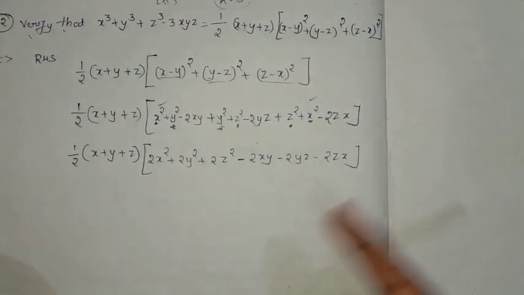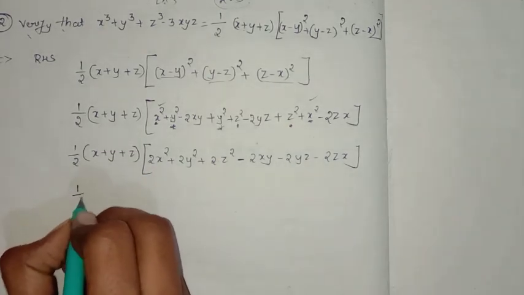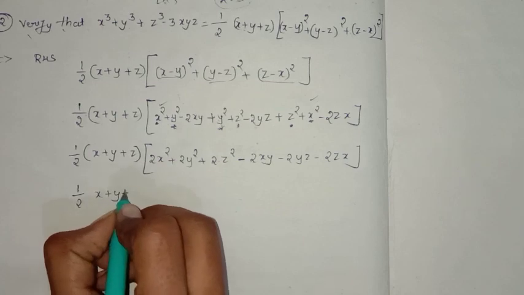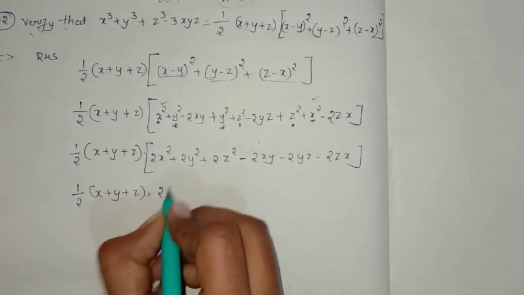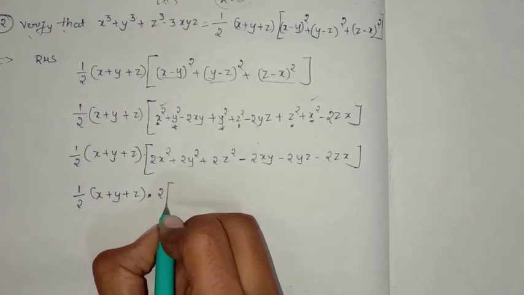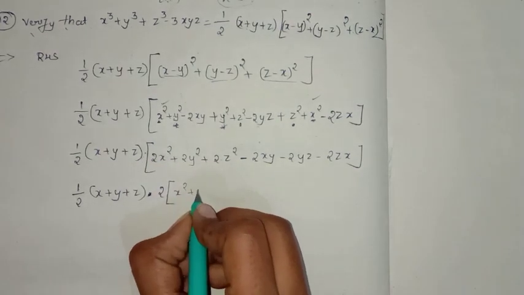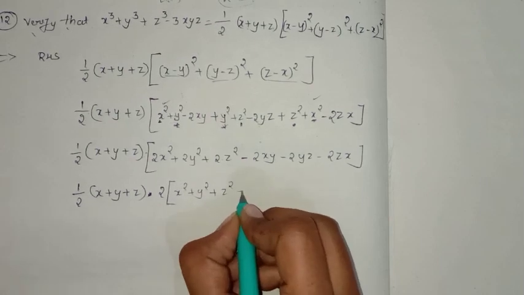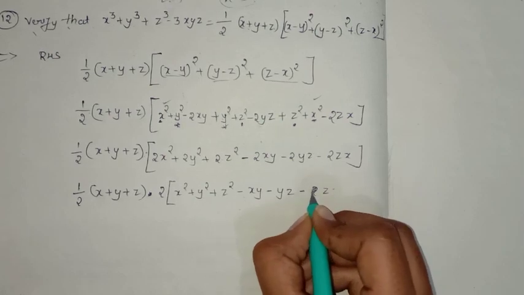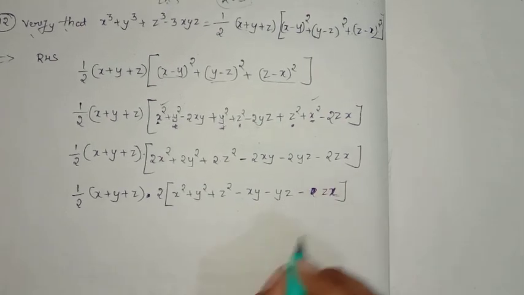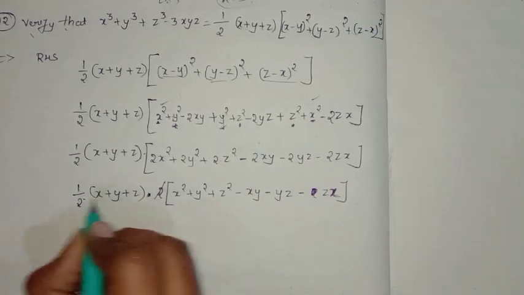So is there anything else we can do here? You can observe 2, 2, 2. All these contain the value 2. So I will take 2 common from all the terms, that means outside the bracket, multiplied with 2. We will put a multiplication dot, otherwise you will think that it is x. So 2 I have taken outside, and the remaining is x square plus y square plus z square minus xy minus yz minus zx. That's it. Here you can observe what we can do next. 2 and 2, one is the divisor and one is the multiple, so they will get cancelled.